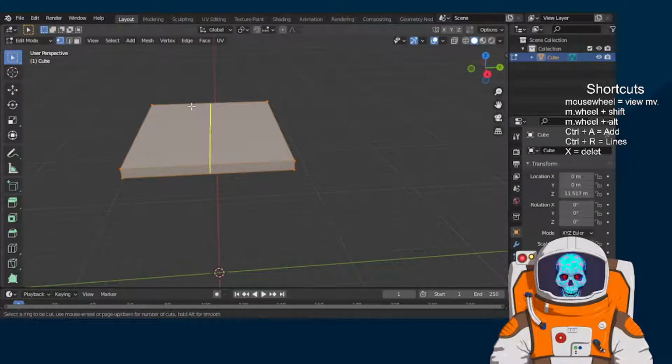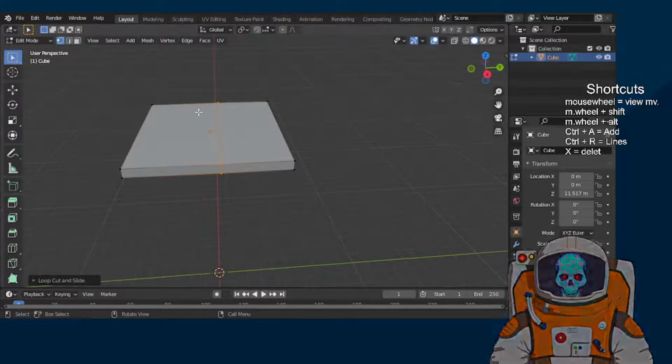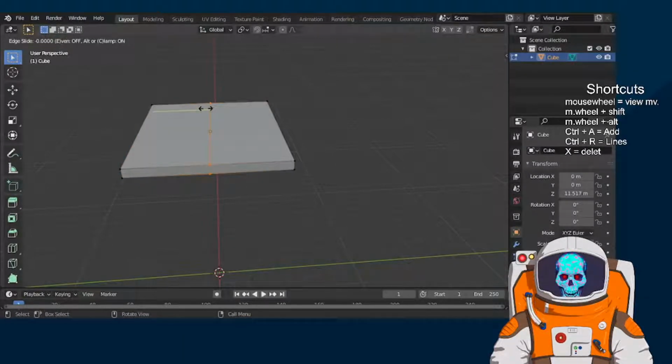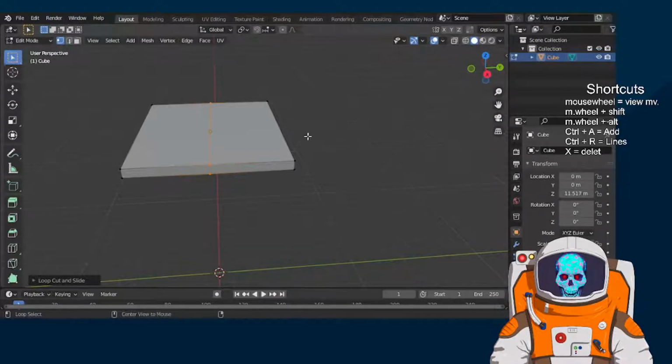I'm going to do this again to show another aspect of it. Once I select one line, I can still move it. I don't want to move it right now. I want it just in the center. So I am going to press Ctrl R. I am not going to create more lines. I am going to create one. Once I have one, I am not going to move my mouse. I am going to quickly click again, so I can have a line that goes just straight on the line,